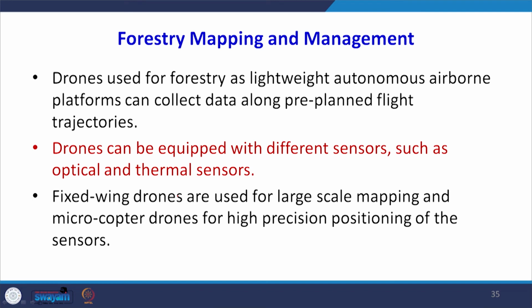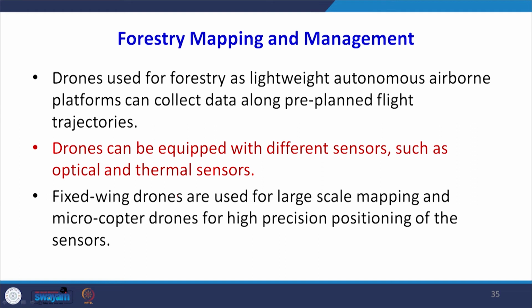Now, in forestry mapping, in forestry applications, we will find that it has lots of uses. We are using the drone images in forestry because there are certain areas where it is impossible to carry out the mapping in the forested region. So, we can have different sensors fitted to it, could be the optical sensor, the thermal sensor, or the LiDAR data, because there are several beams which will penetrate to the ground also and give you the ground profile.